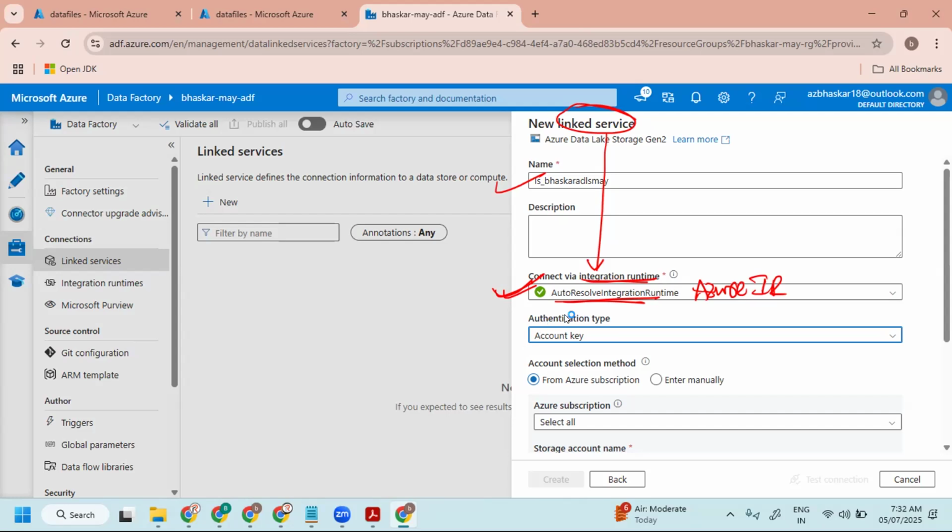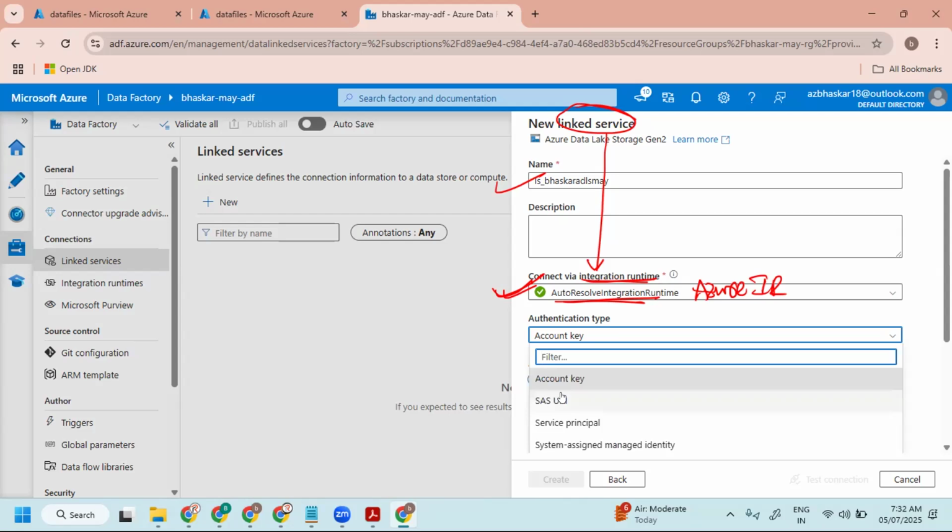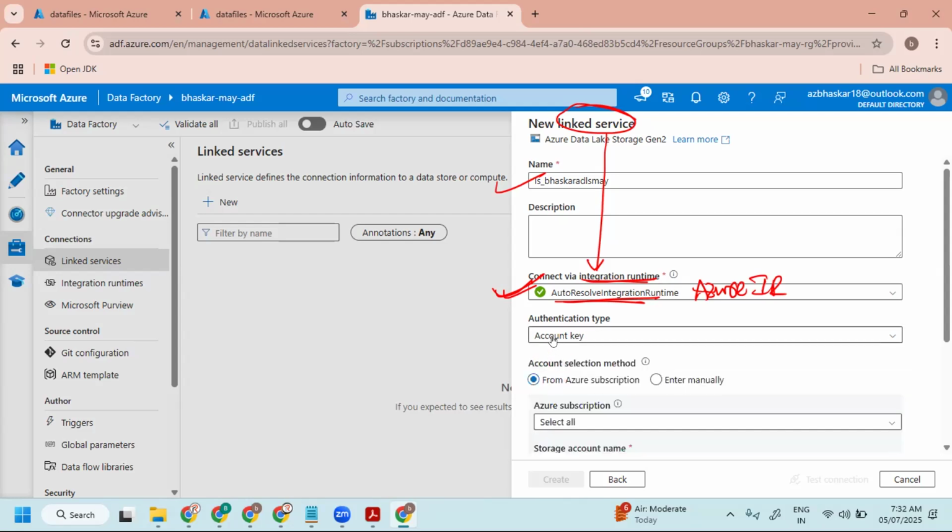Now, authentication type. What types of authentication are available for connecting to Azure Data Lake Storage Gen2? I have account key, SAS, service principal, and system assigned managed identity. We'll see a few of them later, but for now, just leave it as the default, account key. And subscription, I'm going to choose